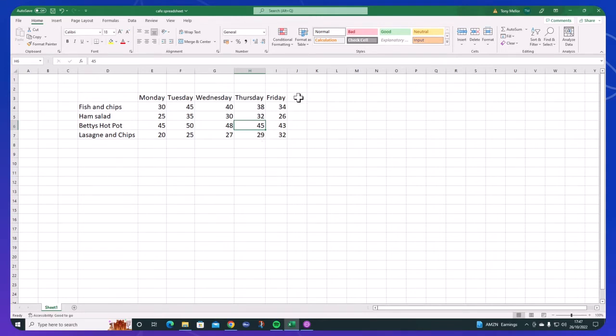And what we're going to do is we're going to use a couple of formulas. We're going to use a sum formula here to add up the total number of fish and chip meals sold over 1 week. So let's start by adding a label here that just says total, and press enter. And I'll do the same here, but here it's going to be the total number of meals sold on Monday, and that's going to go there. So I'll put a label here of total meals